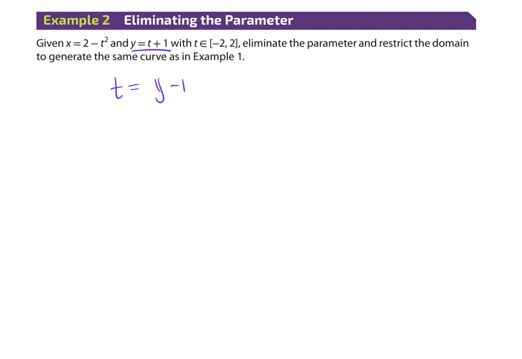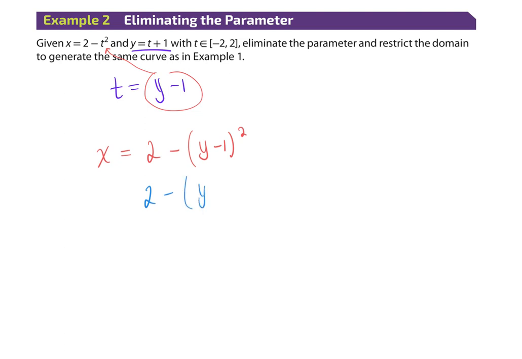And now that I have that, I can take this guy and plug it into this guy for t, substitution. So we're going to say x equals 2 minus, and instead of t squared, I'm going to write y minus 1 squared, right? Basic substitution. Biggest problem here is going to be your negatives. So I'm going to do my